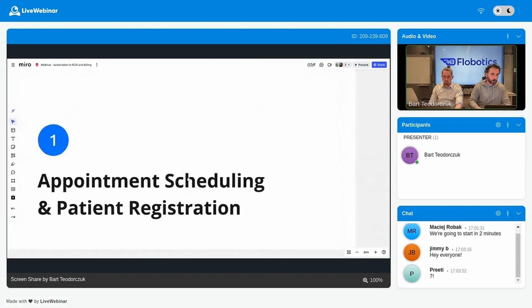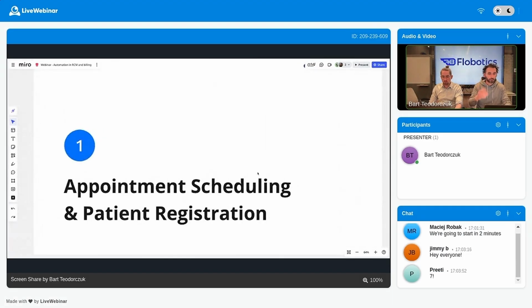And our step one for automation purposes is appointment scheduling and patient registration. So this is where someone calls and someone ends up booking someone for 3 different times under 2 different names. Oh, that's why we need automation. Oh yeah, right. So the way it works, we're gonna show you for each of these 8 steps